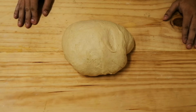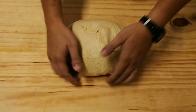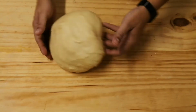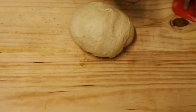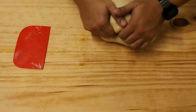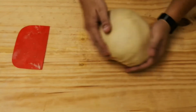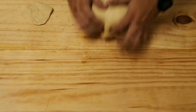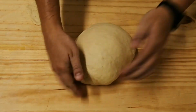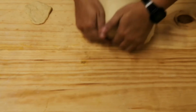Okay, now the dough is all ready. As you can see, the difference of the texture it has right now and what it had in the beginning. Now the texture is smoother, it's softer, and now what we are going to do is proceed to make the first fermentation. Okay, one of the ways we know that the dough is ready and it has the texture we're looking for is when you take a little piece of this and you start